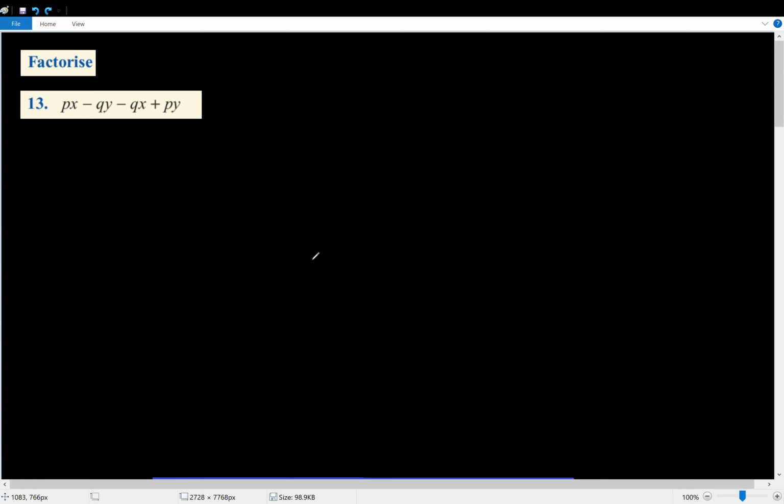This is question 13 from exercise 19.3 in Project Maths 1. We have to factorize the following expression: px minus qy minus qx plus py. Now we're going to be using factorizing by grouping in order to factorize this, but as it stands right now,